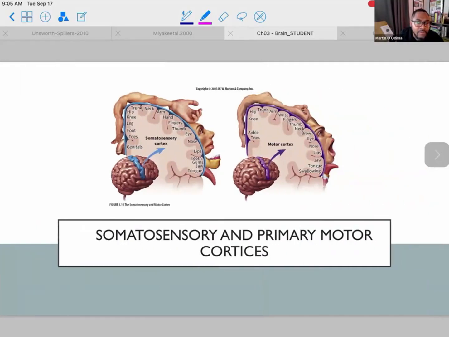So this diagram is the somatosensory and primary motor cortices. I guess the best way to explain it is if we opened up someone's skull and took a surgical steel probe and passed a voltage through, we could activate different neurons in the sensory and motor cortices. And by doing so, we can map out where each part of the body sends information and where voluntary motion originates.